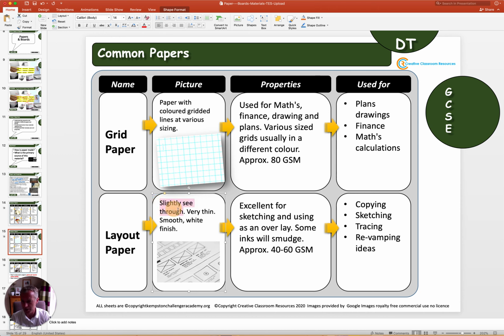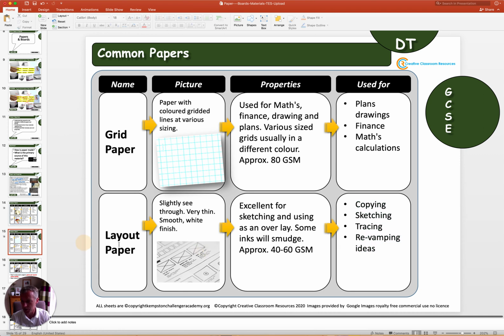So layout paper, something which you're probably not that familiar with. It is slightly see-through, but not as see-through as tracing paper. Very thin, very smooth, white finish. Excellent for sketching and using as an overlay. Some inks on it will smudge because it's quite thin. You can see that the GSM is lower, so it's thinner. So copying, sketching, tracing, revamping ideas. So if you were an architect, you would tend to use layout paper and roll it up to draw some